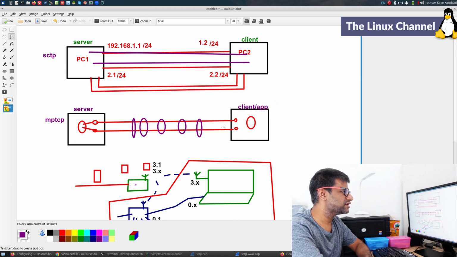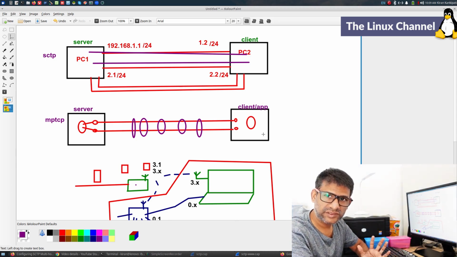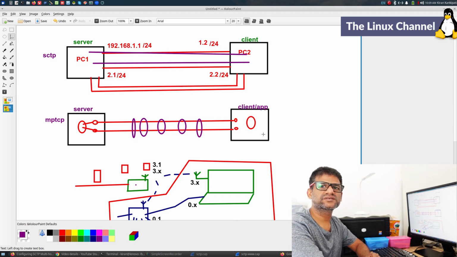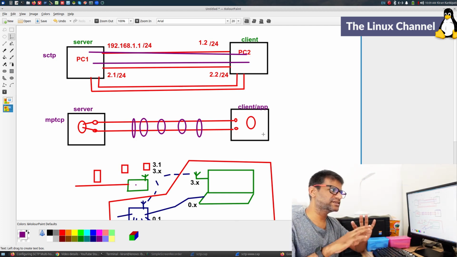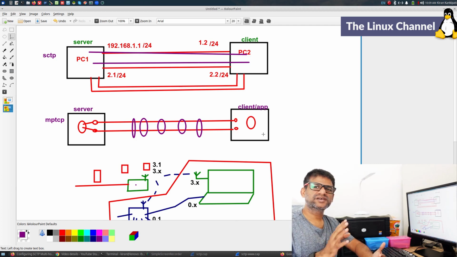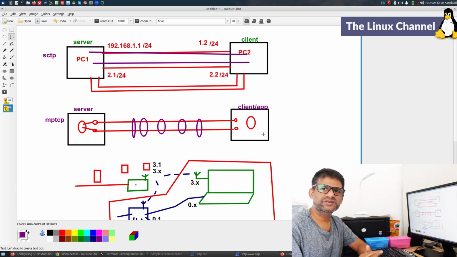Okay, then you can start actually communicating with multiple subflows of a single TCP connection or a flow. So it is one connection getting split into multiple subflows, but in the case of SCTP you can fundamentally do it from the socket level itself.